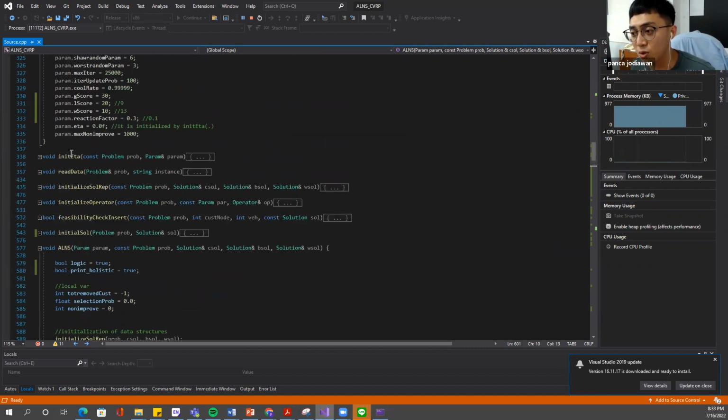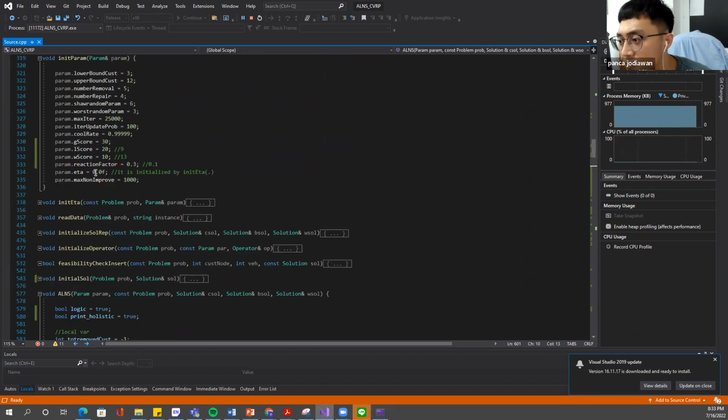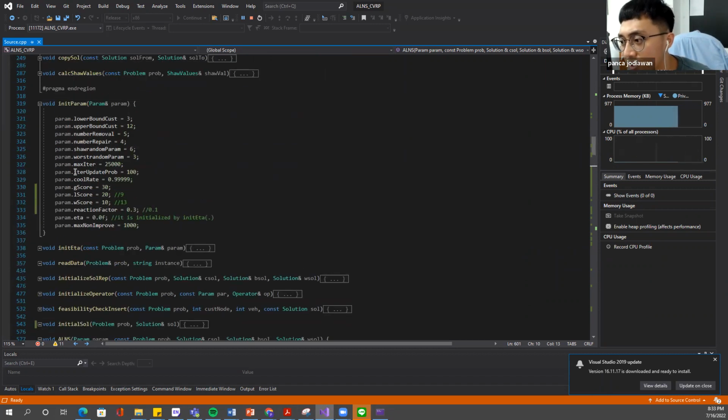I will show you. This is the eta S, the updating period of probability. So updating the score, yes.